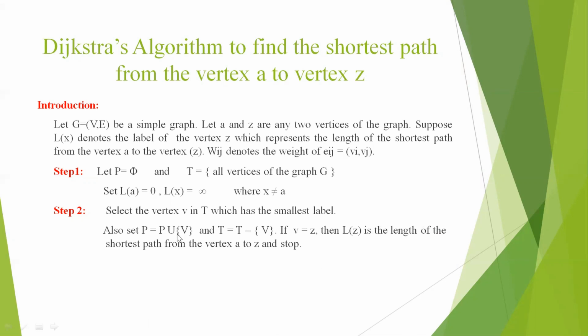When the next vertex is selected, that vertex is removed from the class T and that vertex is added into the class or set P. And here L of Z is the length of a shortest path from vertex A to vertex Z. In this way,